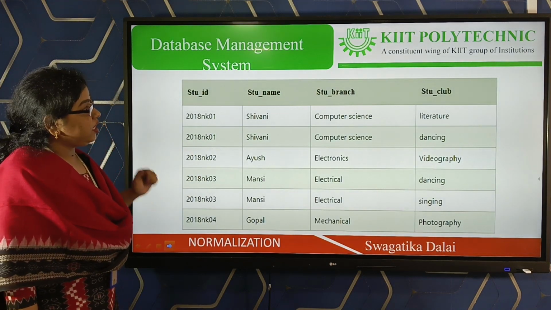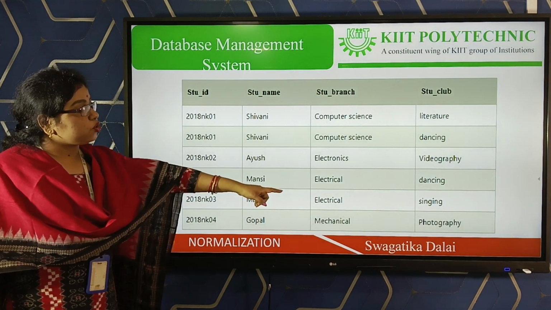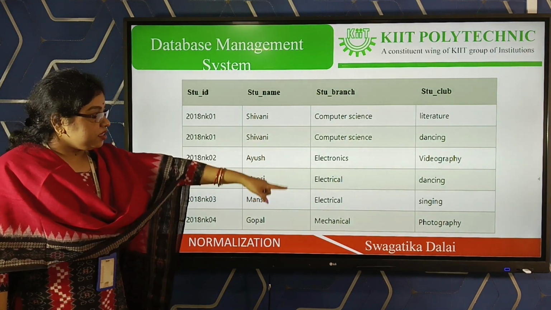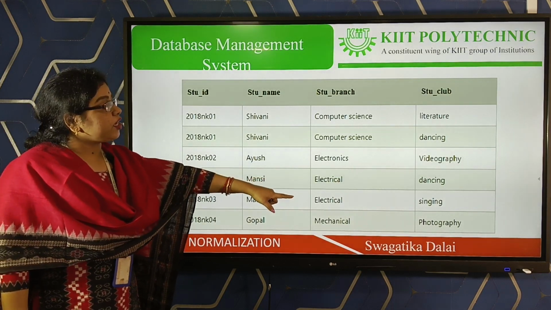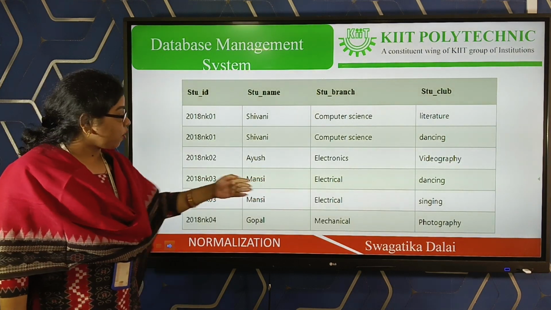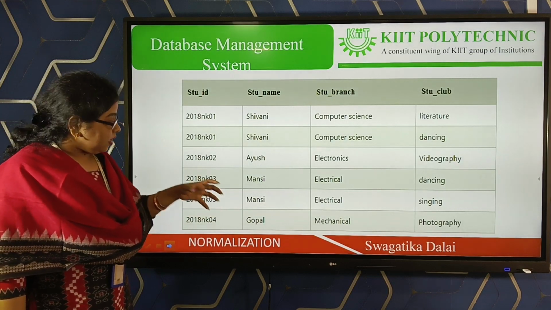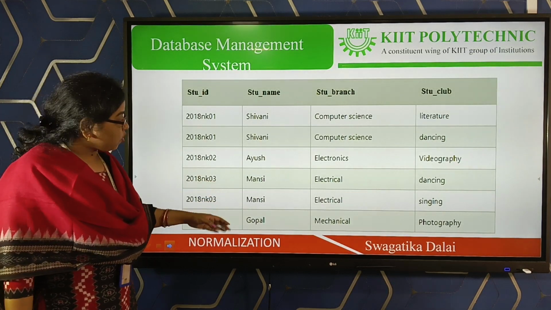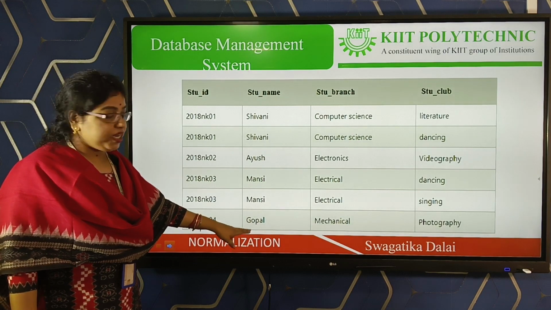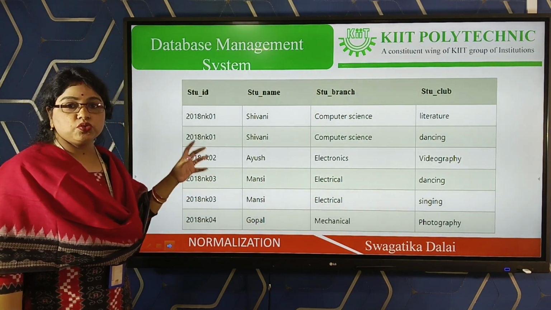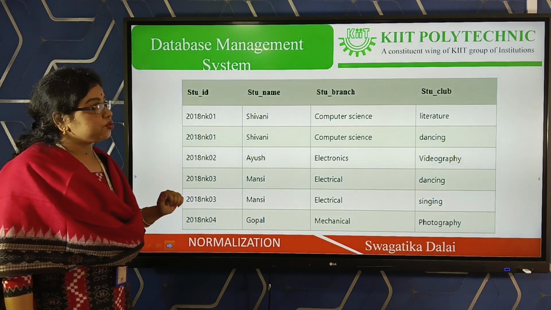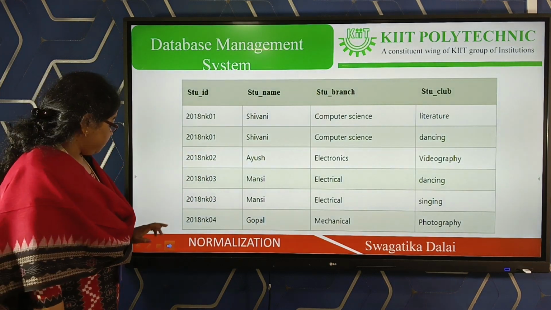Deletion anomaly means if we want to delete the photographic club, as you can see here, the last entry, then we delete all the information regarding Gopal and his details, which causes inconsistency in the database. This is called the deletion anomaly.